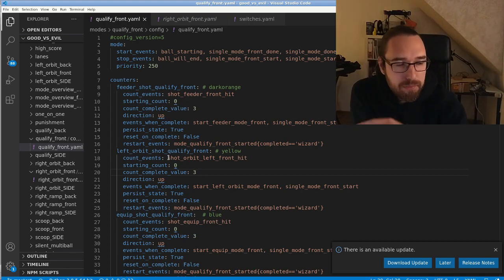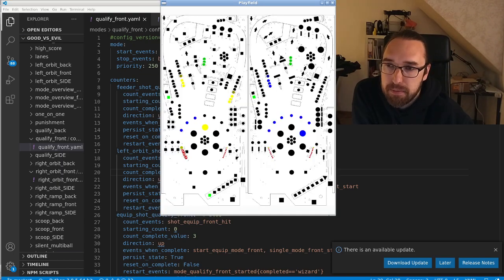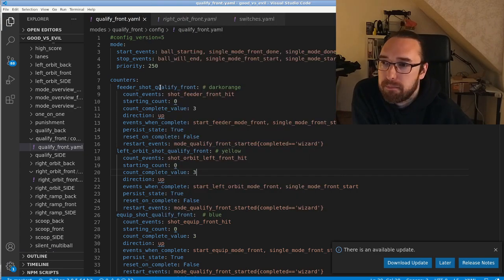It's just the shot, which is the 2 switches on the orbit. That's basically in this machine to make sure that you actually made the orbit in this direction, because you can also make the orbit the other way around. And I only want to count shots which make it this direction, so the right clockwise turn, not counterclockwise, because that would be another shot. So I define shots first, and those shots will post this event: shot feeder front, shot orbit left front hit, and